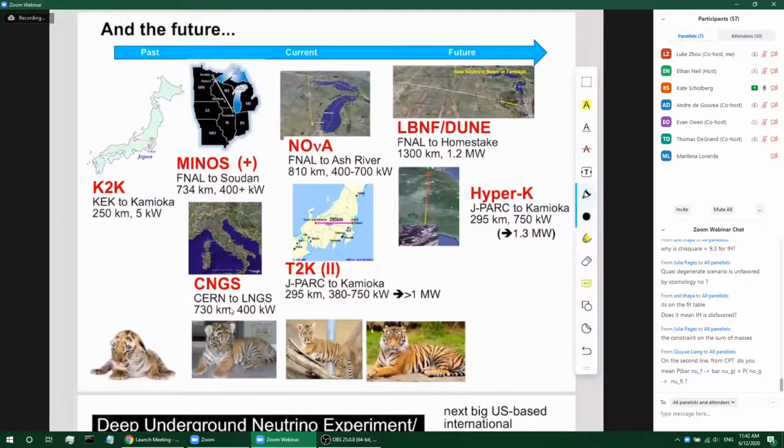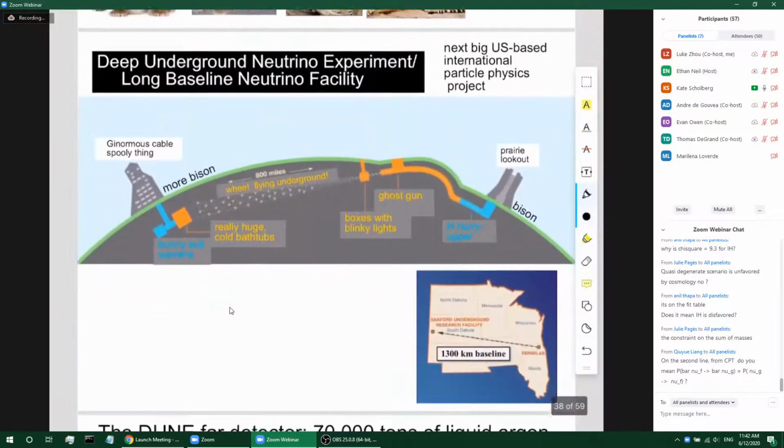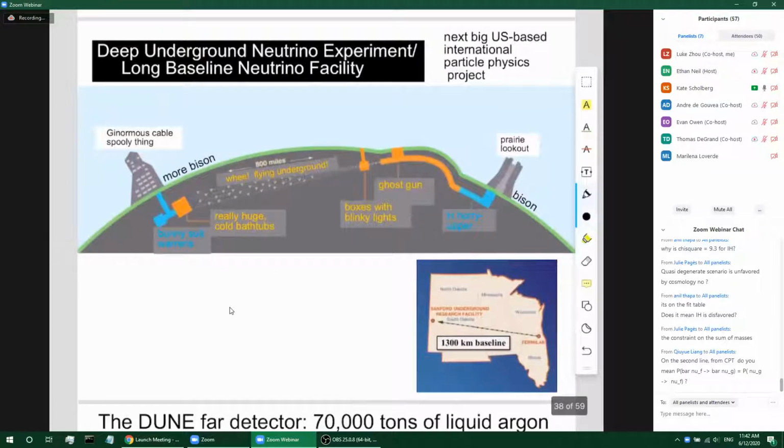experiments, bigger, better experiments underway. The two big ones are LBNF DUNE and HyperK. So DUNE you surely know about. This is the big next US-based international particle physics project. It is a